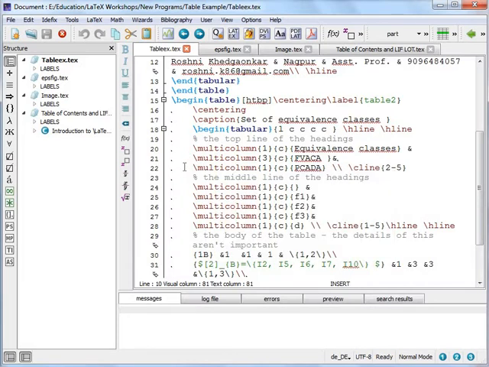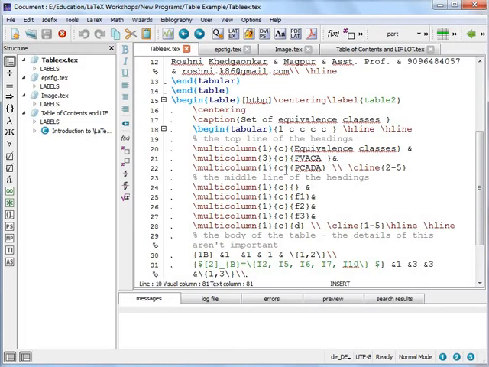So the multi-column command is used to create multiple columns within a particular heading. Within curly braces, I am mentioning how many columns are part of this particular column. So there are 3 sub columns in this particular column that should be centered, and the name of this column should be FVACY, right? Then ampersand, there should be another column that is again a part of multi-column, and there should be only a single column within this.